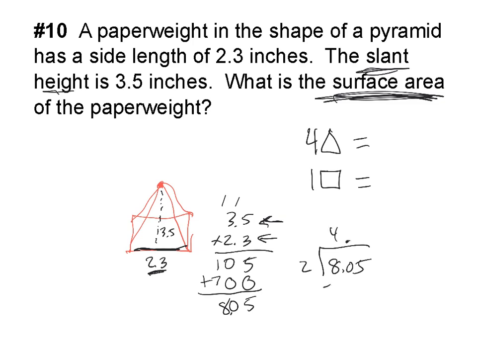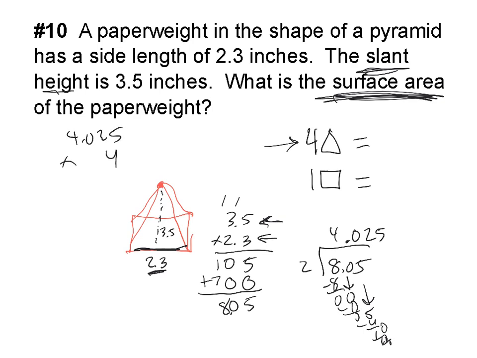Okay, 4 times 2 is 8. Bring down our 0, doesn't fit in at all. Bring down our 5, fits in 2 times. Fits in 5 times. So there we go. So that's one of our triangles, but remember there are 4 of them, right? So we're going to take that times 4,